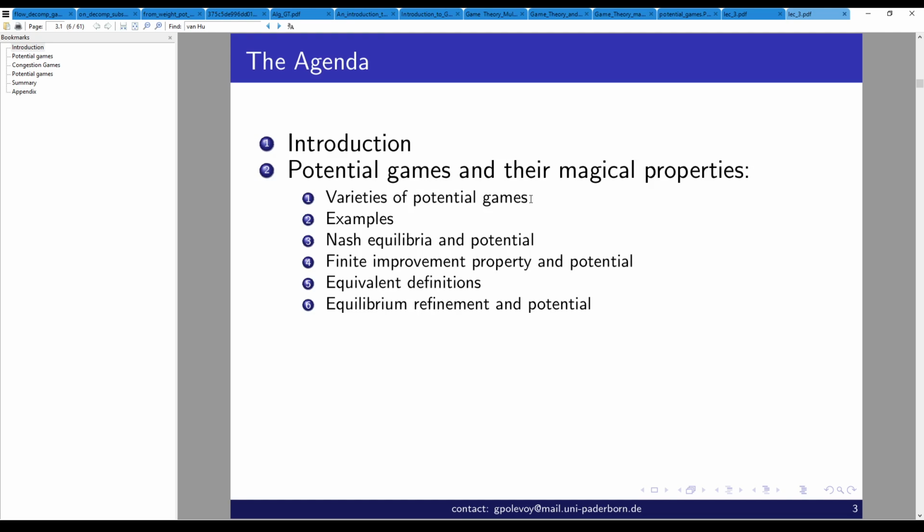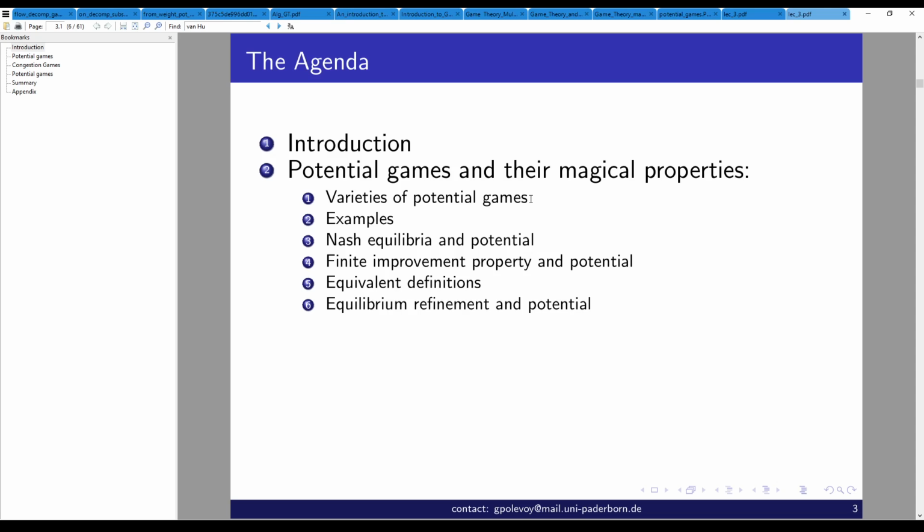So having introduced the topics, we are going first to dive into the potential games and their properties, which are very, very cool, often in other studies at a more advanced level than of course we have now. Still, it's important to know what happens for potential games. They often allow for a stronger result, for better insights, and so on. So they have some properties, some of which we are going to cover today.